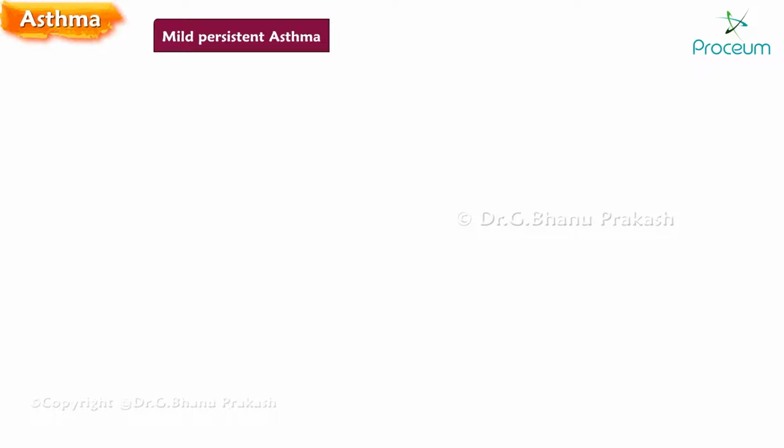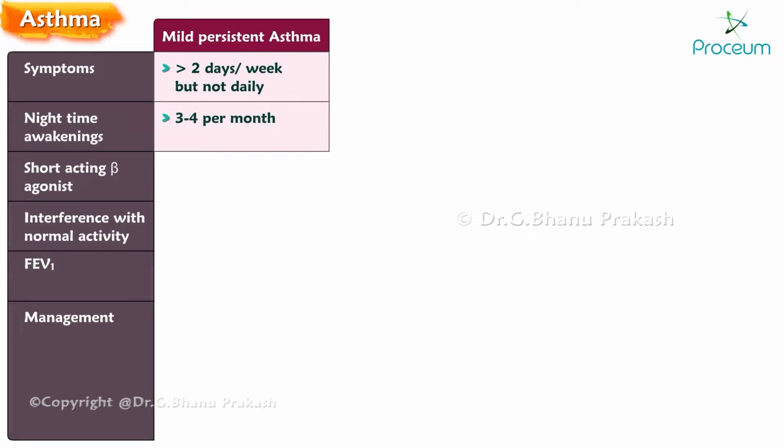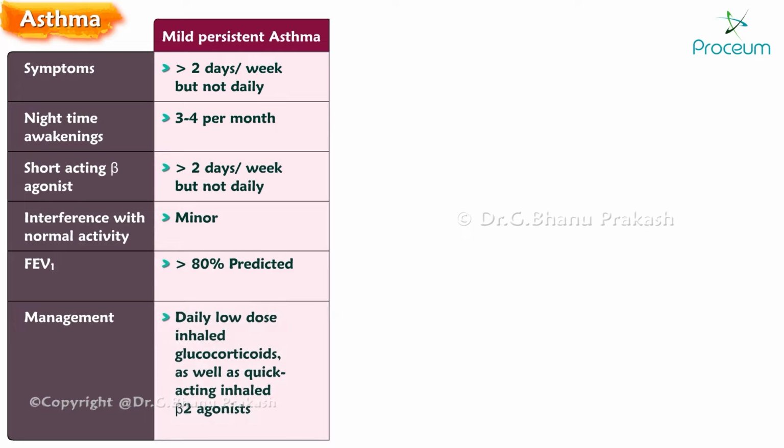Mild persistent asthma. Mild persistent asthma is defined as having symptoms for more than 2 days a week but not daily, 3 to 4 nighttime awakenings per month, use of a short-acting beta-agonist more than 2 days a week but not daily, minor interference with normal activity, FEV1 more than 80% predicted. Mild persistent asthma is managed with daily low-dose inhaled glucocorticoids, as well as quick-acting inhaled beta-2 agonists taken as needed